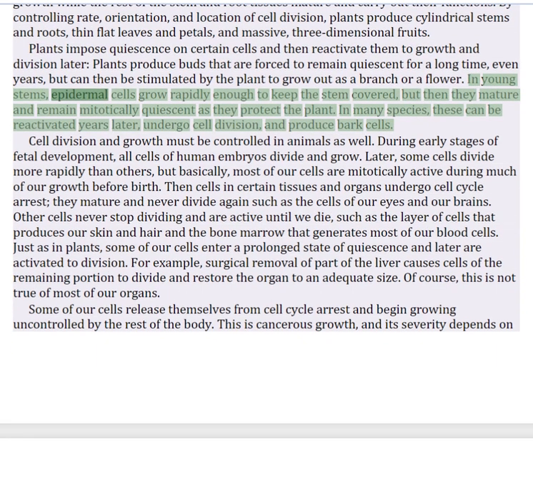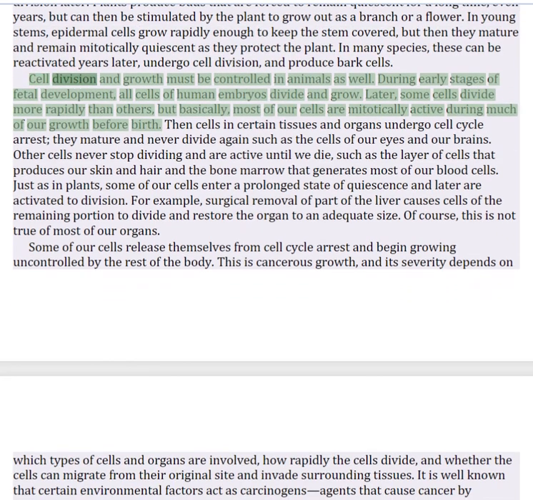In young stems, epidermal cells grow rapidly enough to keep the stem covered, but then they mature and remain mitotically quiescent as they protect the plant. In many species, these can be reactivated years later, undergo cell division, and produce bark cells. Cell division and growth must be controlled in animals as well. During early stages of fetal development, all cells of human embryos divide and grow. Later, some cells divide more rapidly than others, but basically, most of our cells are mitotically active during much of